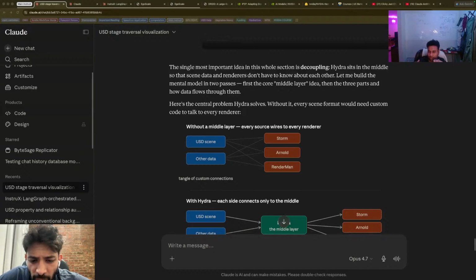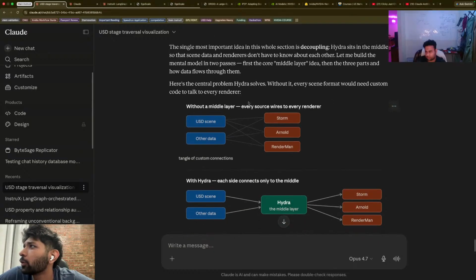Let's say you're getting data, and that data needs to render in a specific manner. So Hydra acts as a performant layer, optimizing and selecting Storm, Arnold, and RenderMan accordingly, I think. Wait. Here's the central problem Hydra solves. Without it, every scene format would need custom code to